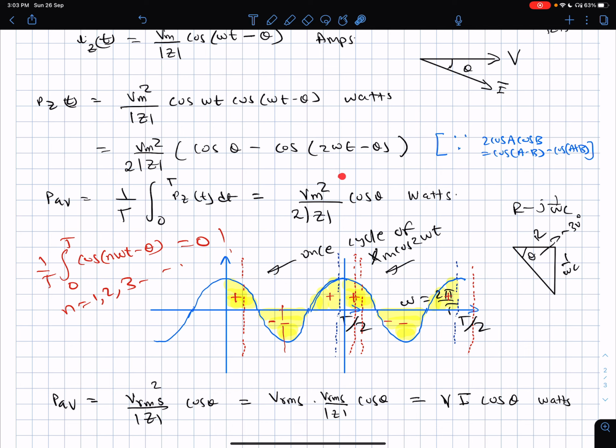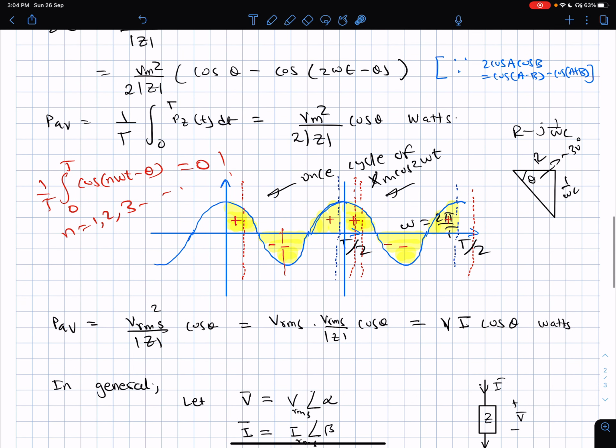So that number is Vm square by 2|Z| cos of theta. Again I am going to write this as Vm square by 2 is the square of the RMS value, because Vm by root 2 is the RMS value of the voltage signal. So therefore Vm square by 2 is V RMS square, divided by the magnitude of Z, times cos of theta,